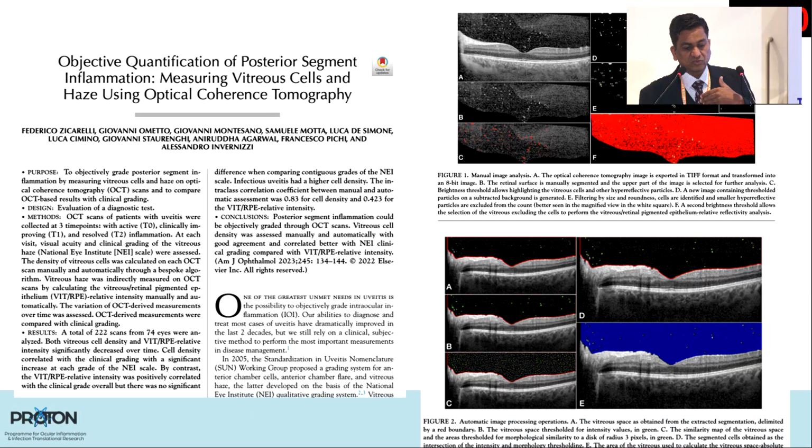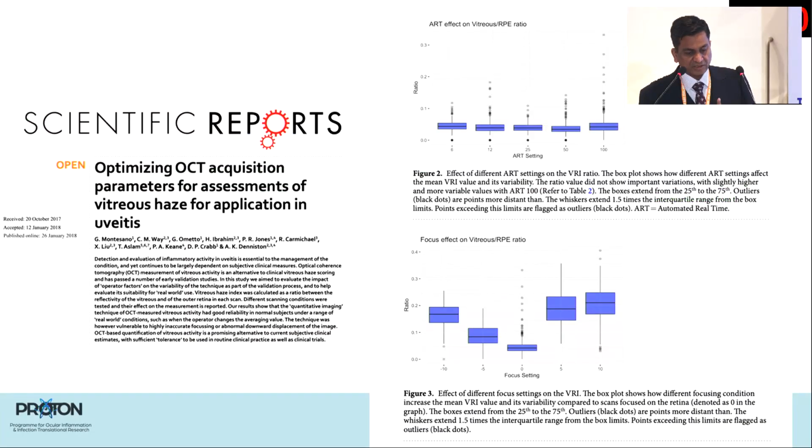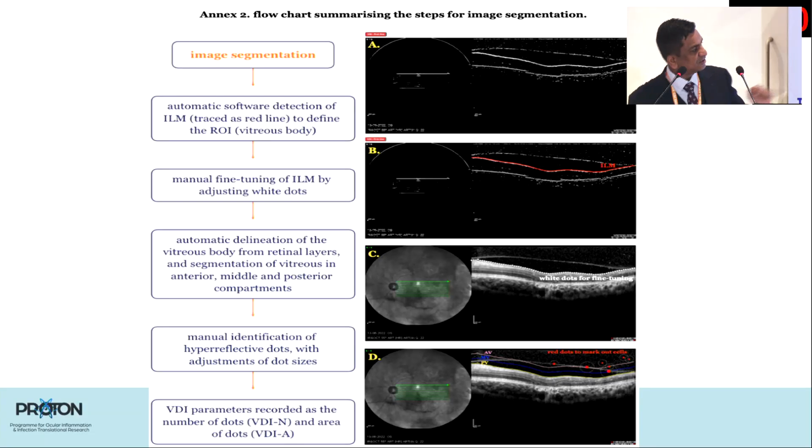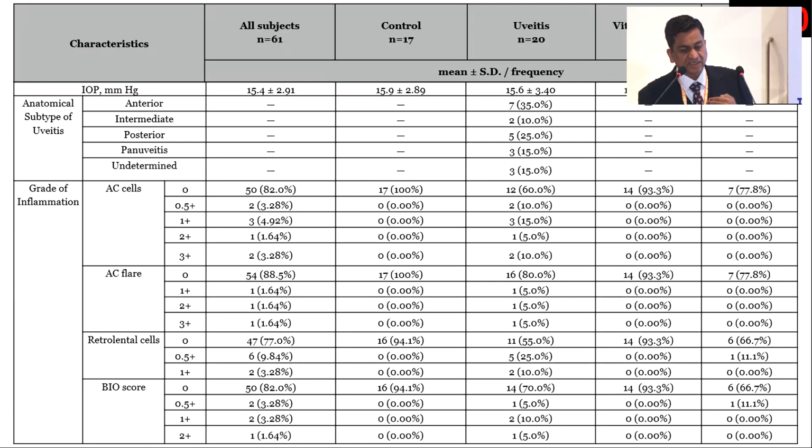So my own current software, I think we'll come to that quickly, is this, which allows you to segment the vitreous into the posterior vitreous, mid vitreous, and anterior vitreous. And there is a logic why I divided the vitreous into these hypothetical zones of posterior, mid, and anterior vitreous. And then we were able to quantify the vitreous cell inflammation in any of these 3 bands of the vitreous, telling us that vitreous cell density can tell us, and we are coming up with the publications.